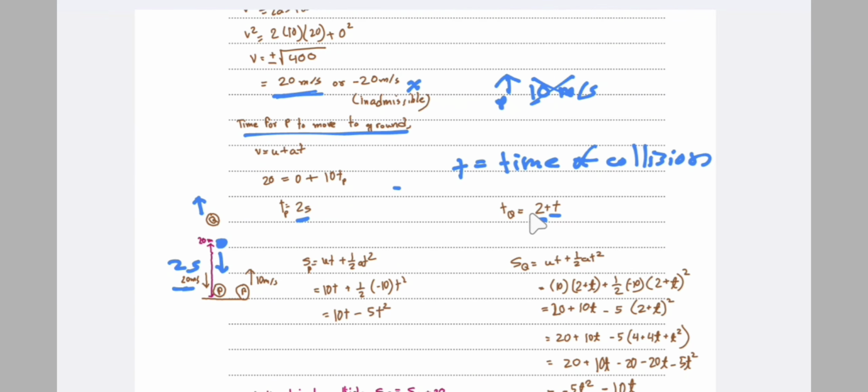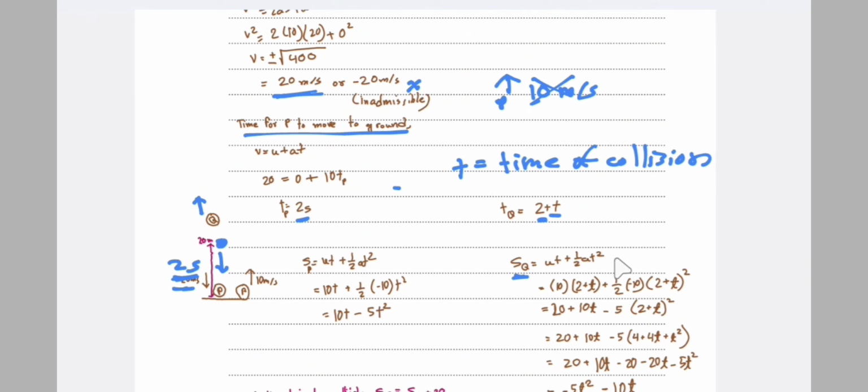So Q has to travel 2 seconds. This 2 seconds is the time for P to reach the ground, and for this 2 seconds, Q is also moving upward. So Q has to travel 2 seconds plus extra time T for the time of collision. So the displacement of Q